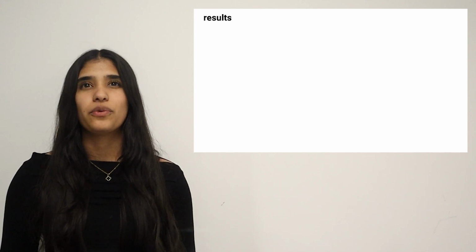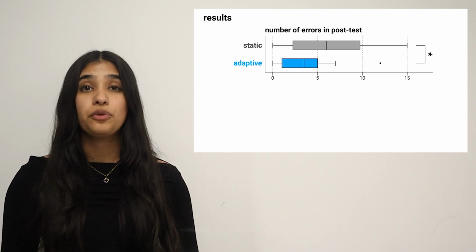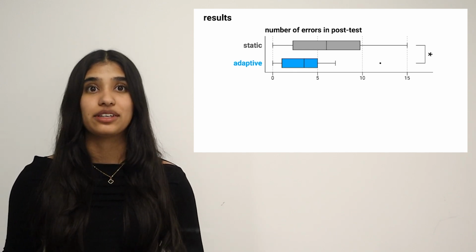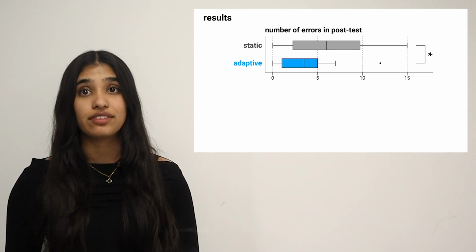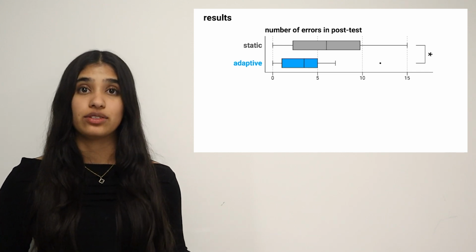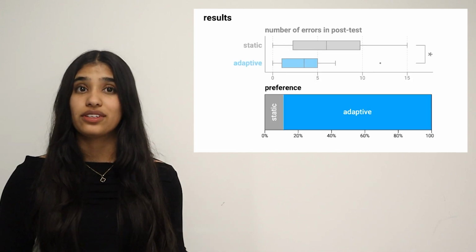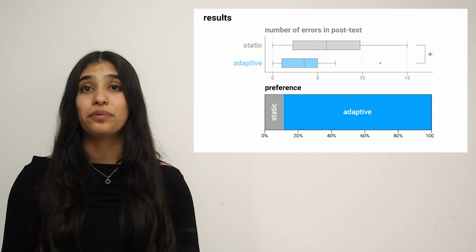Alright, so what did we find out? First, we found that participants performed better with the adaptive condition. This means that when they came back hours later to perform the melody unassisted, we saw significantly fewer mistakes after they learned this melody with the adaptive muscle stimulation. This is a very exciting result to see, but also, we found that after trying both methods, participants overwhelmingly preferred